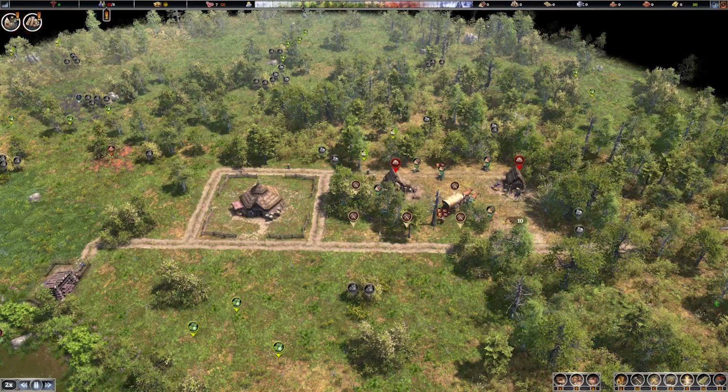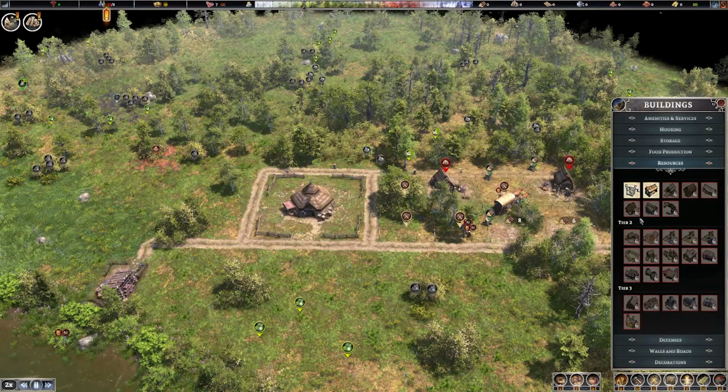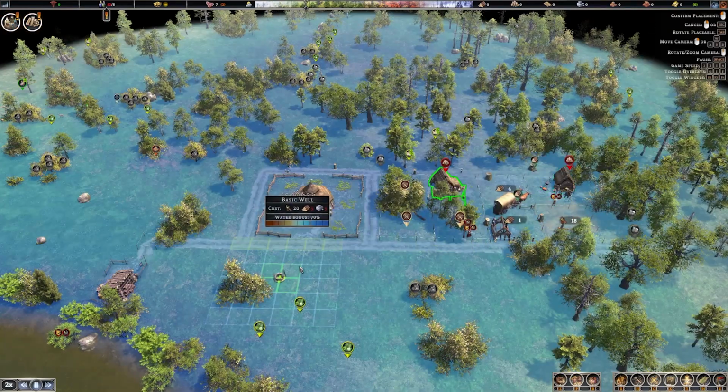But there is one more necessity that we need to provide to our people, and that's water. So we're gonna go into resources. We want to build a basic well, and that requires 5 wood and 5 stone. I'm gonna place it